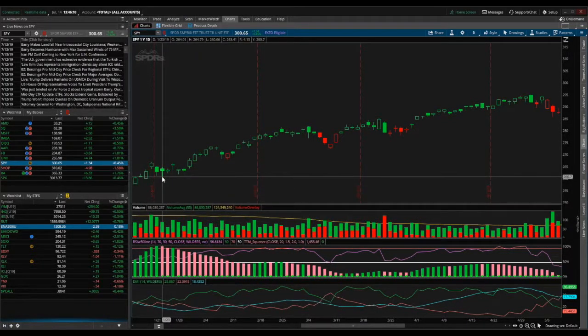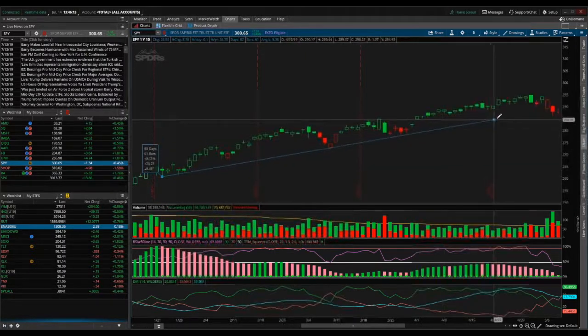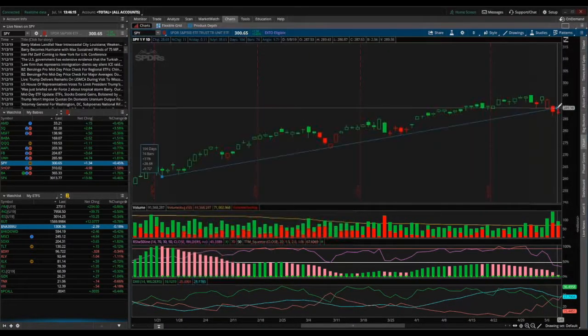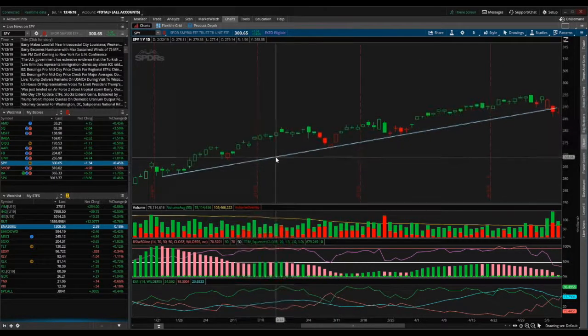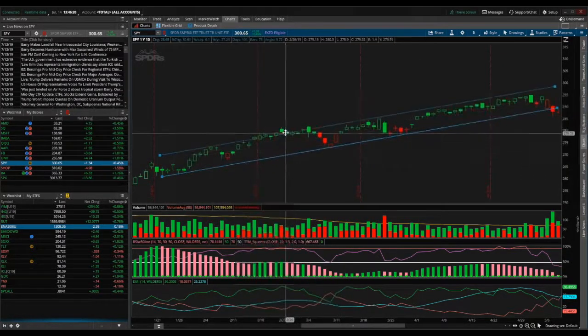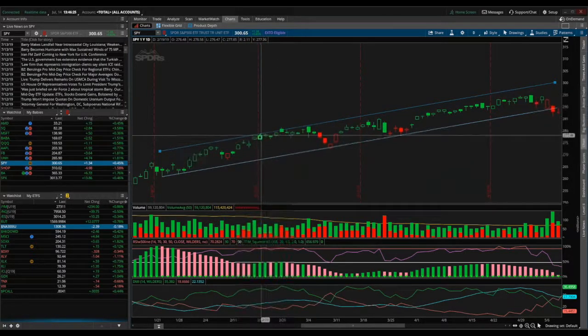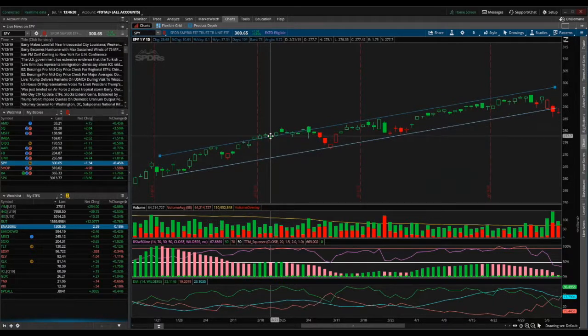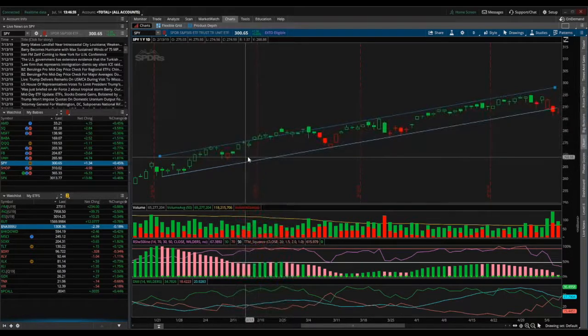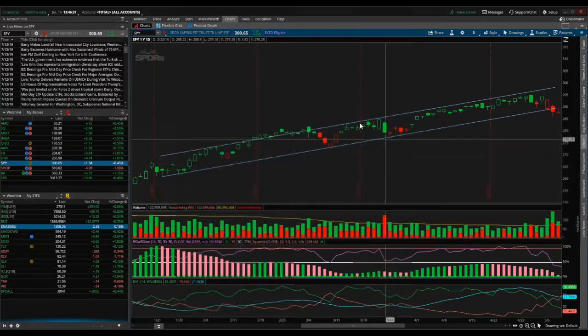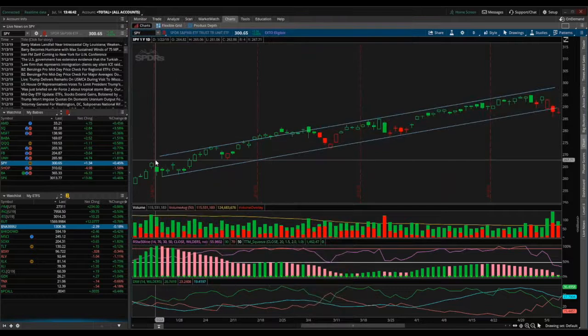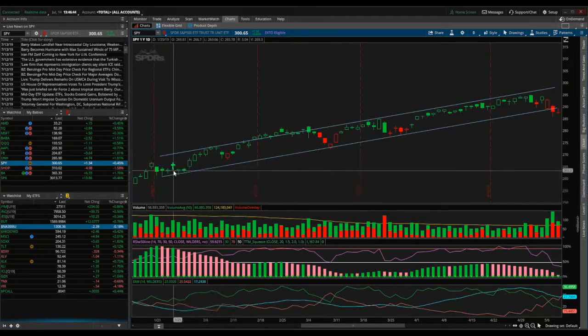Now, if we draw a trend line here, and we duplicate it, we're looking for multiple touches of the top. Actually, it seems like we get a whole lot more here. This was trying to break out of this pattern or this channel. So if we look at this channel,